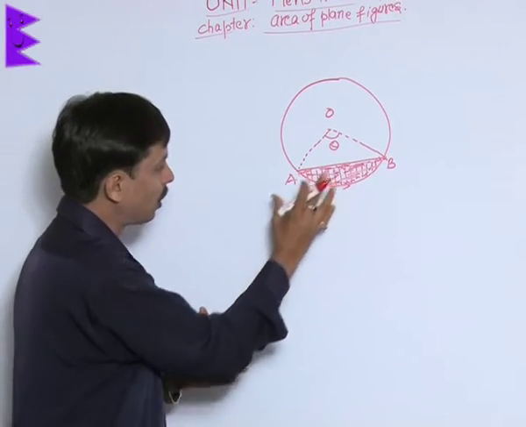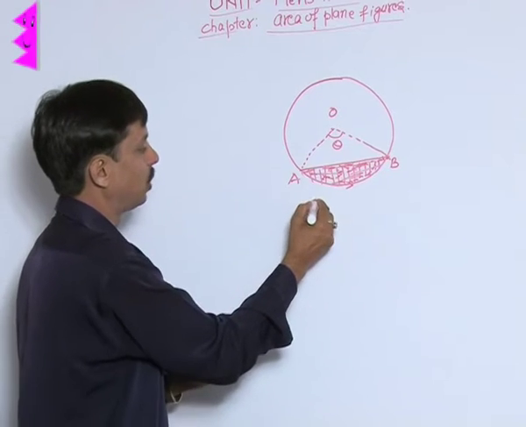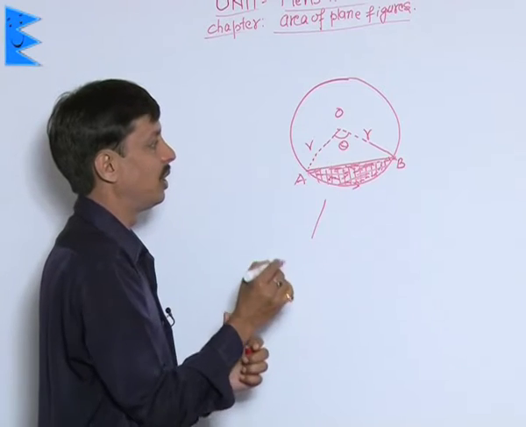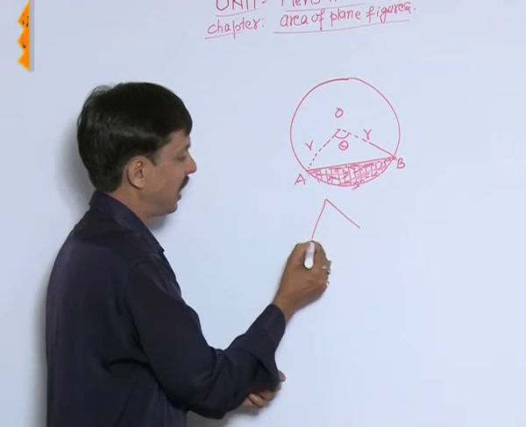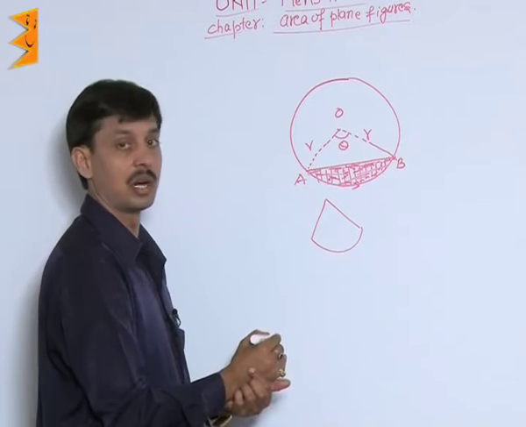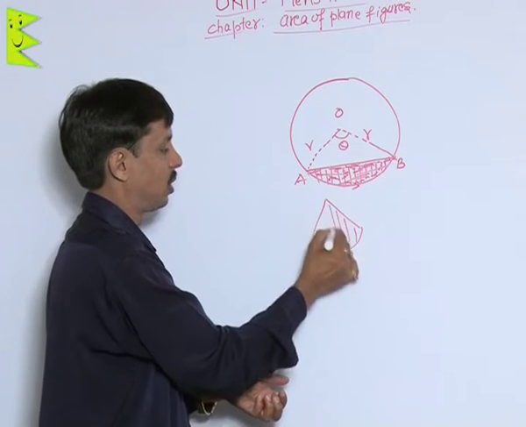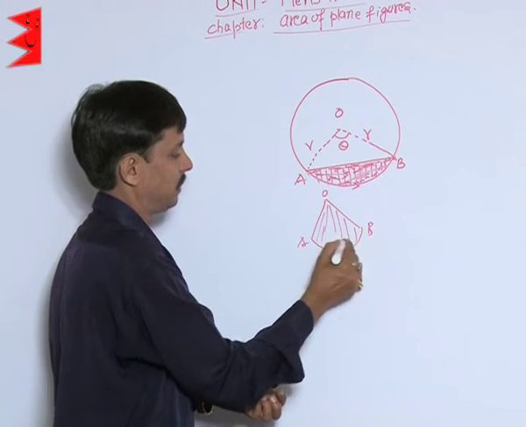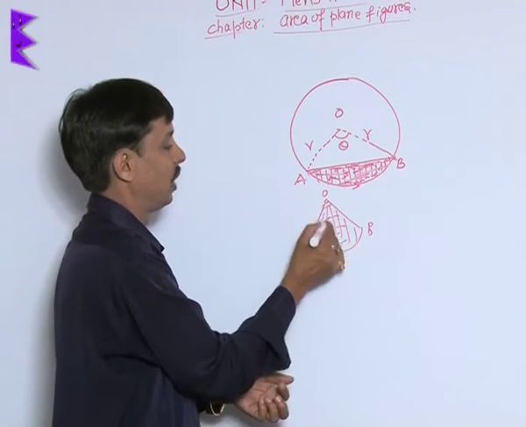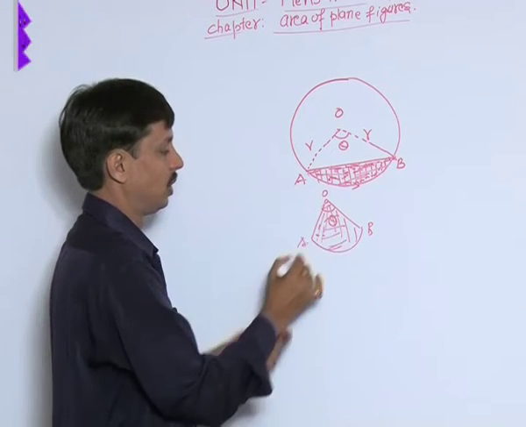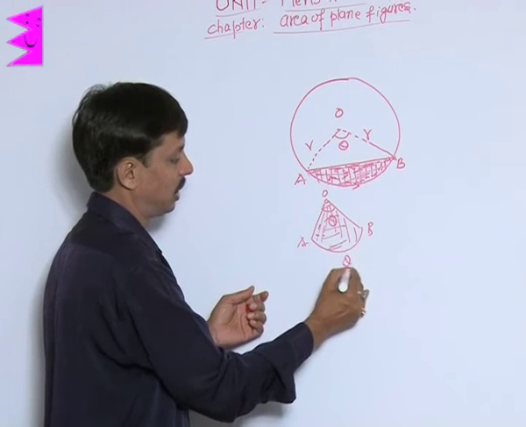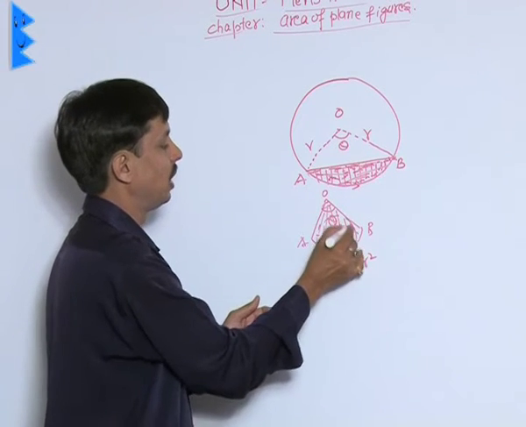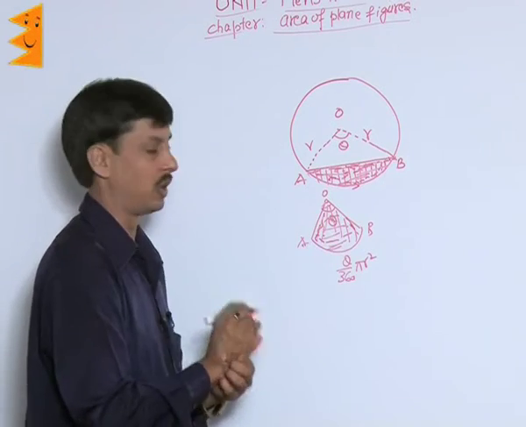Okay. How to find this area? If I tell you separately, this is the radius, and the central angle or degree measure is theta. This is the sector, because I have taken this OAB like this. In this sector, the angle at the center is theta. So the area of the sector is theta upon 360 into pi r square. This is the area of the sector, number 1.